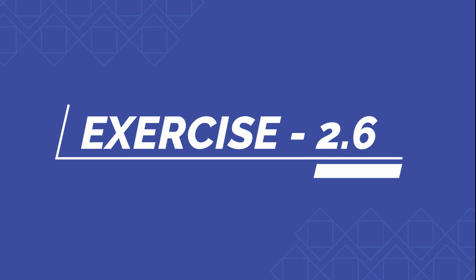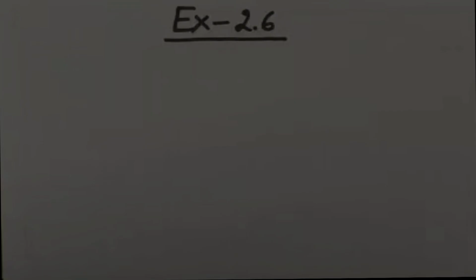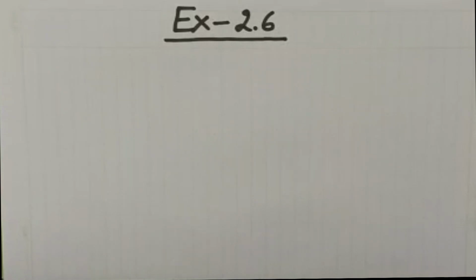You have already studied about decimals and different operations on decimals. So, let's see some word problems based on decimals. Question number 1. What should be added to 6.419 to get 9? Let's take an example to explain this question.